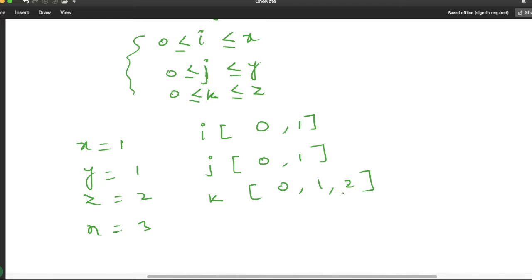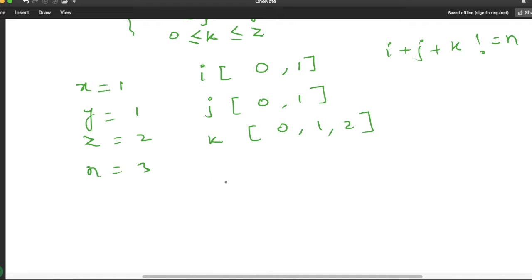Now what we have to do here is print all the possible combinations where i plus j plus k is not equal to n. Let us take a few examples.